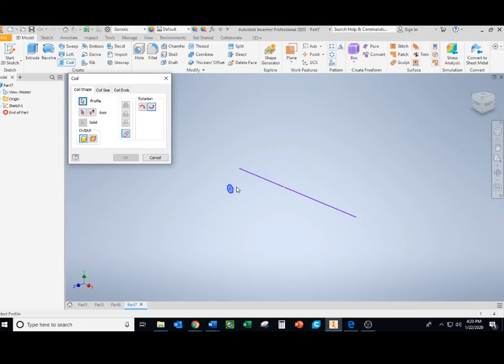So we need to select a profile, which we got. We need an axis, which we got. And you can see this is the path that it's going to take. We can alter some things. We can change the rotation, so if we need it to go one direction or the other, we can do that. Coil size, we've got the pitch here, so if we add a smaller number,